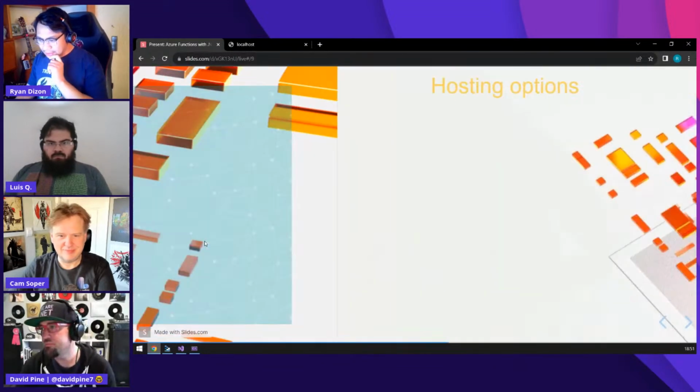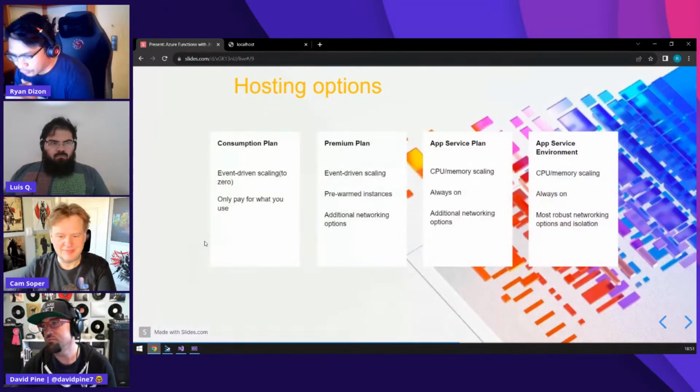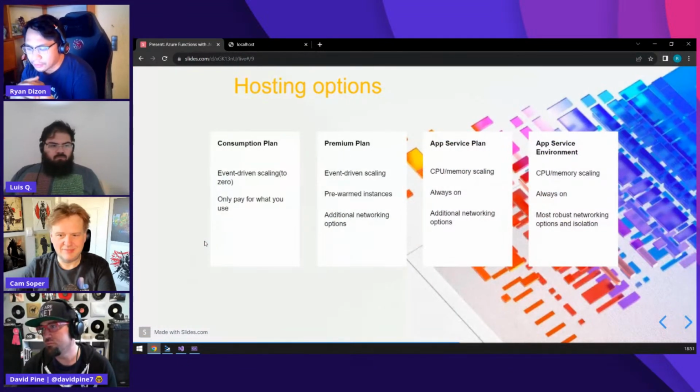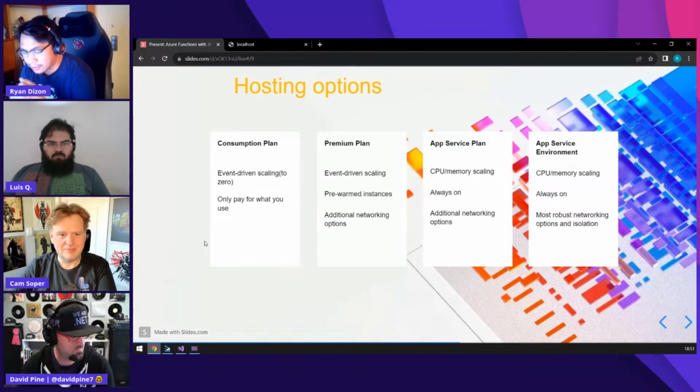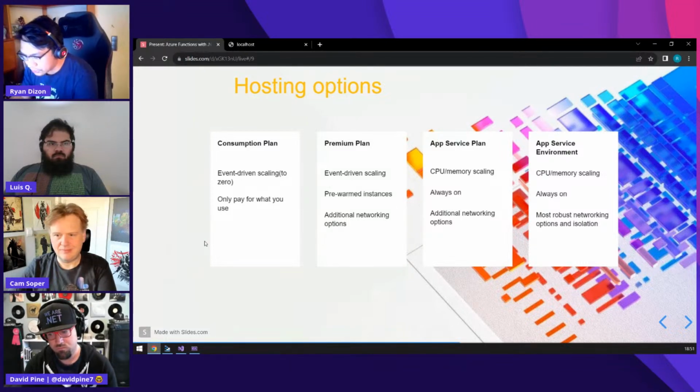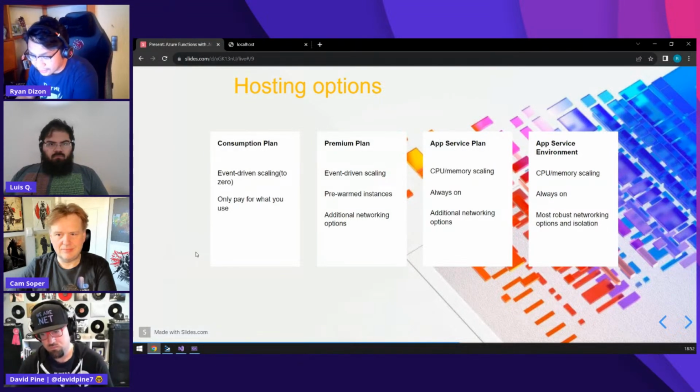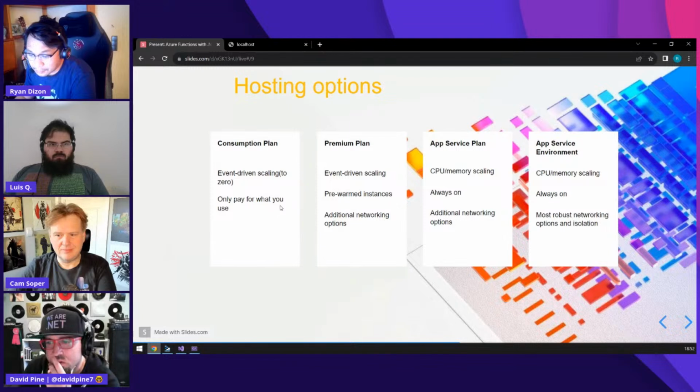Okay. So for hosting options, the common plan that I always use is the consumption plan, like what we discussed earlier, and the other one is the premium plan. The other two are the app service plan and the app service environment, which I never had a chance to try yet, but you can read their descriptions here.